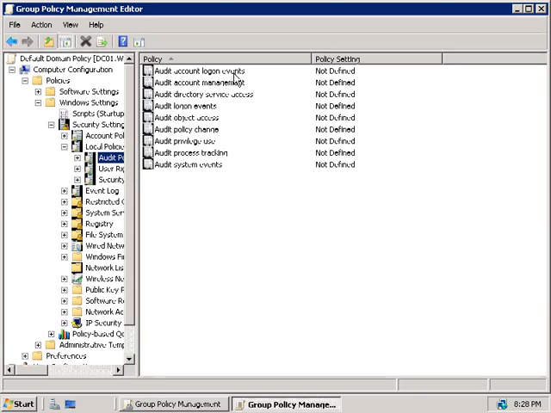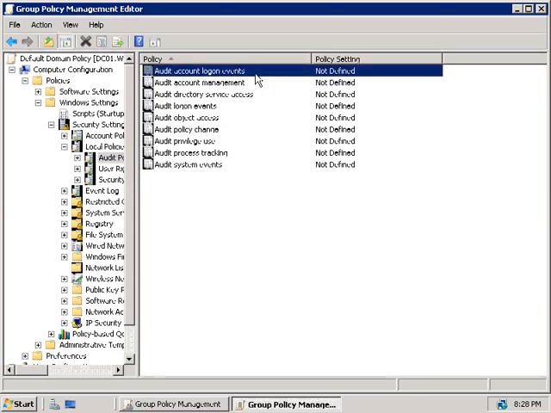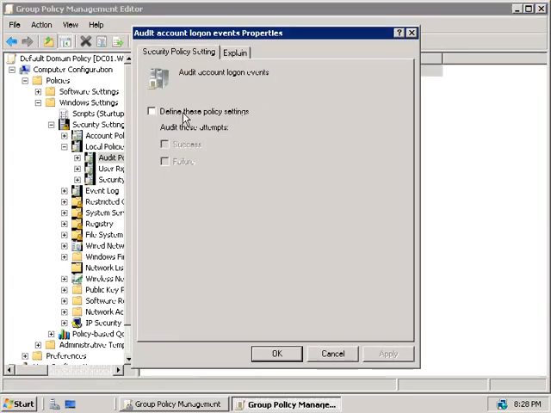Now at the top, our first policy is to audit account logon events, and this will allow you to log when a user attempts to log on to the domain or log off from the domain. Now if we right click on this policy and choose Properties, and then choose to define these policy settings, we can choose to log successful and failed attempts to log on. So obviously if a person authenticated and was able to log on to our domain, then this would be a successful event. If their password was rejected, for example, and they were denied the ability to log on, then this